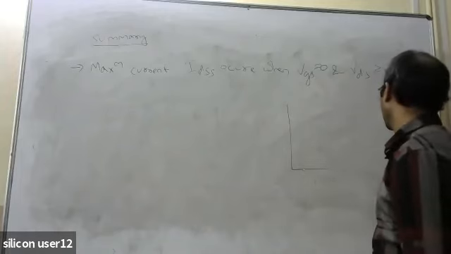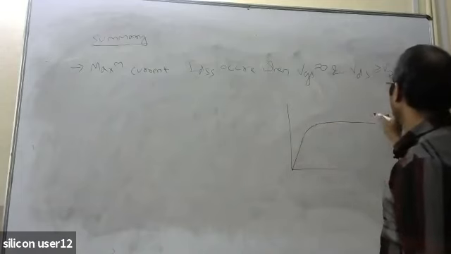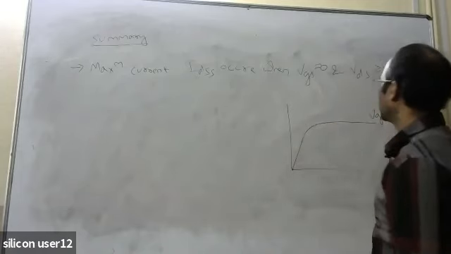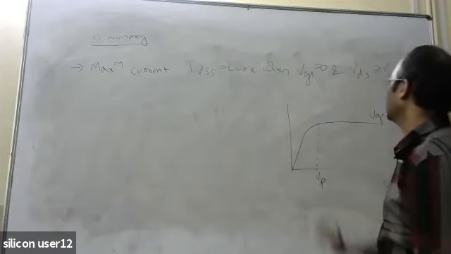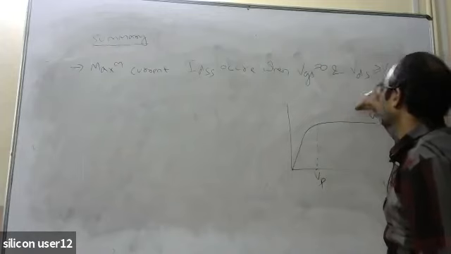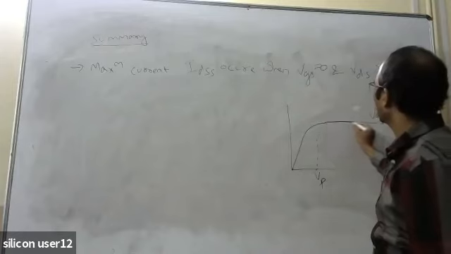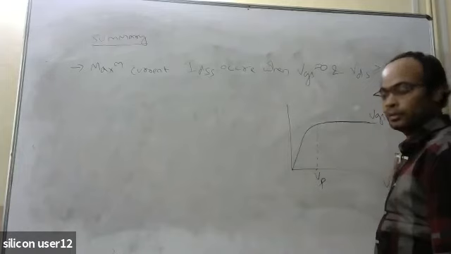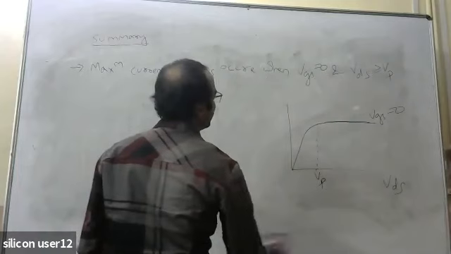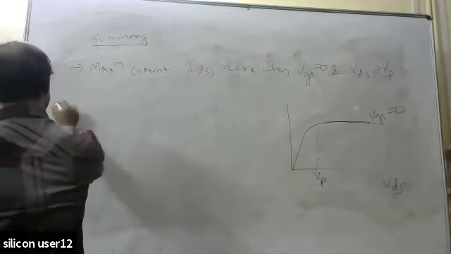In case of n-type JFET, the first VDS curve is the highest, VGS equal to 0, and this was your VP. So if your VDS is greater than or equal to VP and VGS is 0, at that time the maximum possible current flows. After that, if you make VGS negative, it will come below, right? So that's why the maximum possible current, or IDSS, occurs when VGS equal to 0 and VDS is greater than or equal to VP.